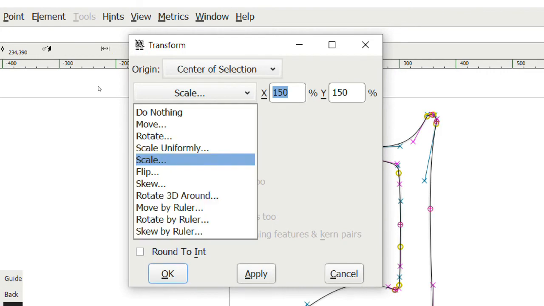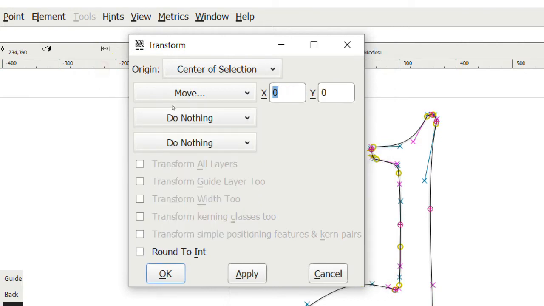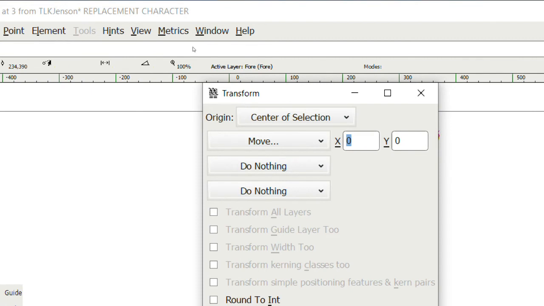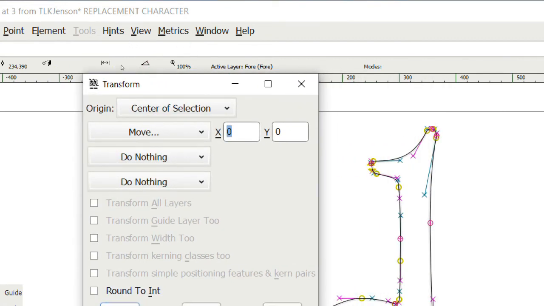Here you have an option to scale it up or down. Transformation is about rotation, scale, and of course moving the letter form around. If you want to move it, select Move, and then put the number here. Of course, it will be related to the rulers and the unit used here. If you put a minus number, a negative number here, it will move leftward. But if you put a typical number like this, it moves rightward. But make sure you correlate between X and Y. If you don't want to move anything on the y-axis, which is the vertical direction,